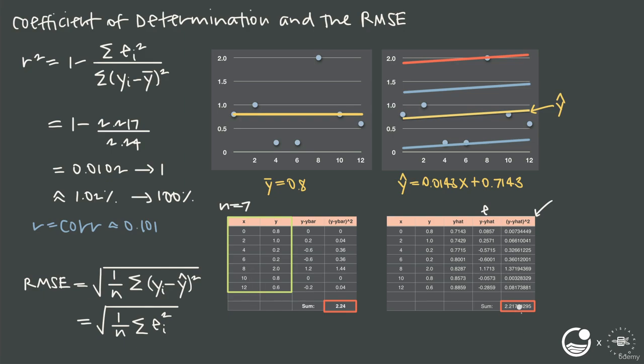So we divide this 2.217 by 7 data points, and then we take the square root of that value. And in this case, we get an approximate RMSE of 0.5628. So what that tells us is that the distance between each of these y-intercepts here, each of these distances is